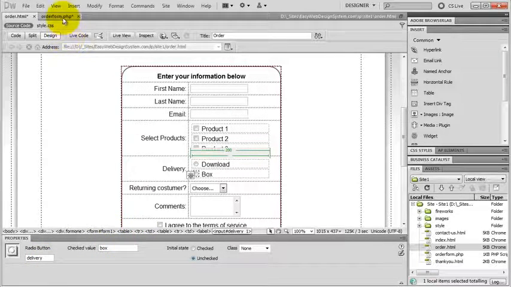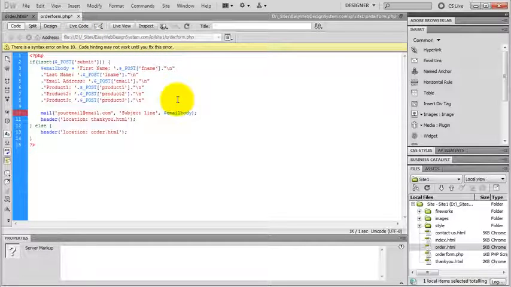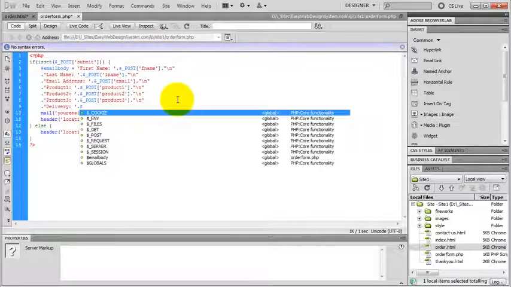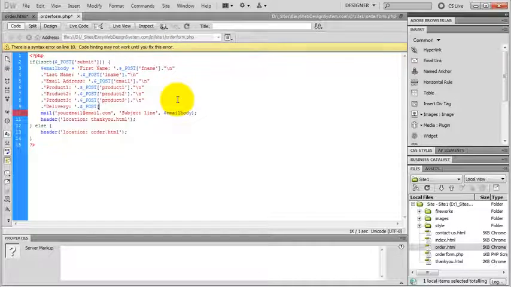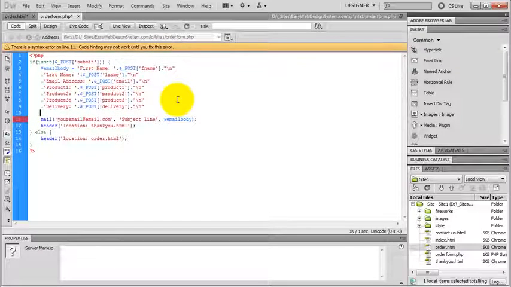So I go back to my PHP file, and I type in delivery. And it was delivery. Make sure you don't misspell it. Alt 92 for backslash n for a new line. Hit enter. Next, I'll go back to my form,